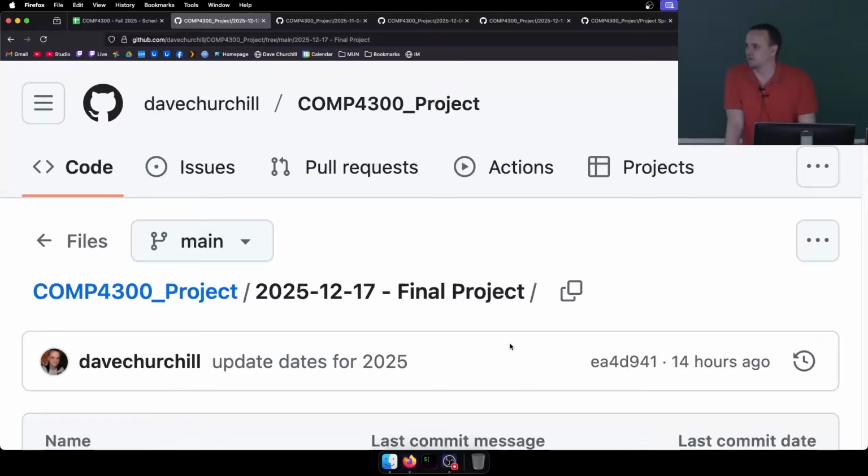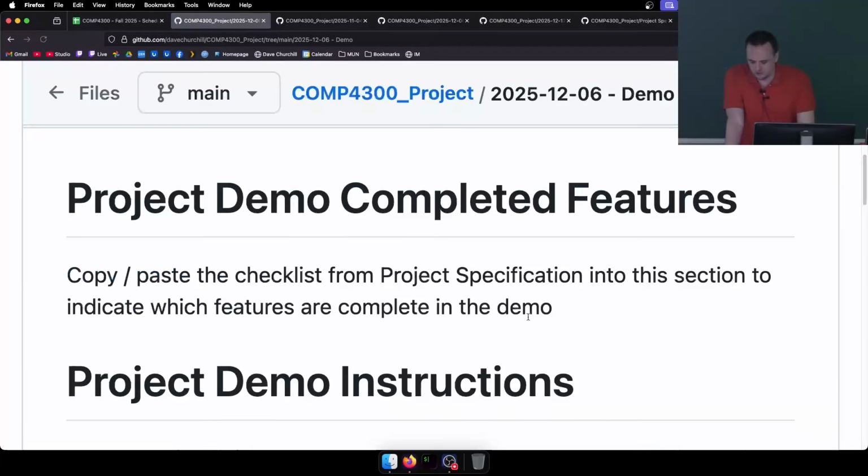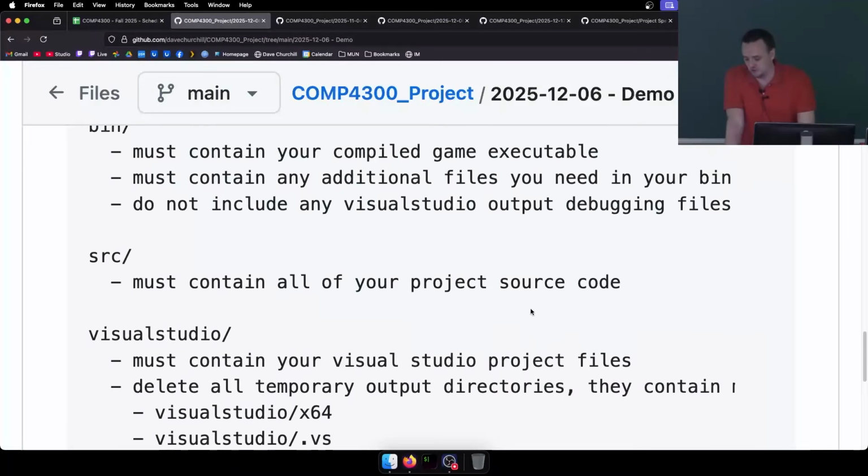That's where it's going to go. And then you work on that there as your working copy. So that's the main repo, the main copy. And then when it comes time to submit the demo, just copy whatever you have from there into the demo folder. That way, if there is something grossly wrong or right about the demo, I can have a look at that. So the demo has to contain, in addition to the video,